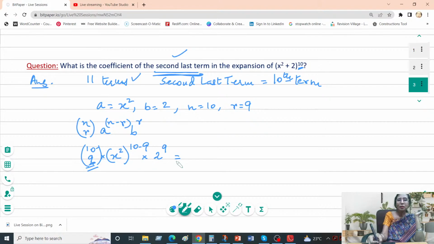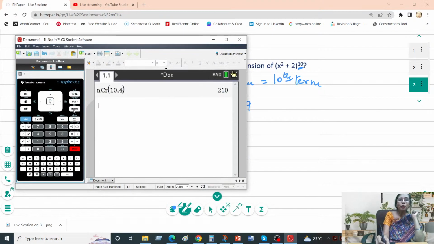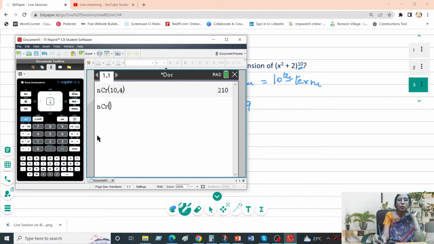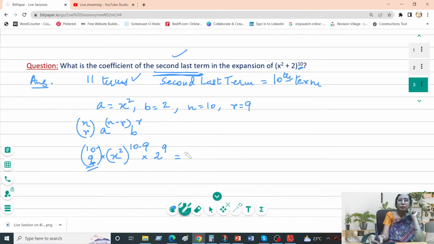In case you want, I can show you that indeed 10C9 is equal to 10, which is 10C10 minus 1. Okay. 10 and